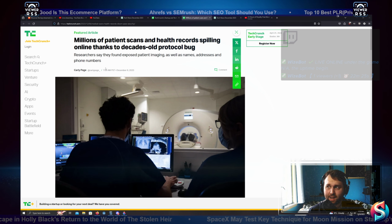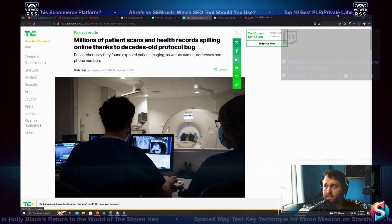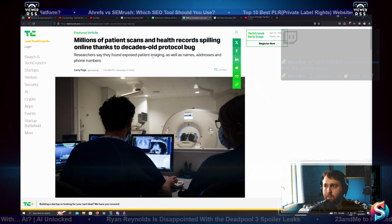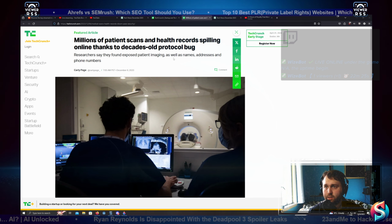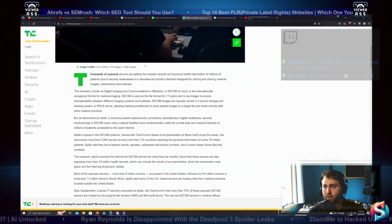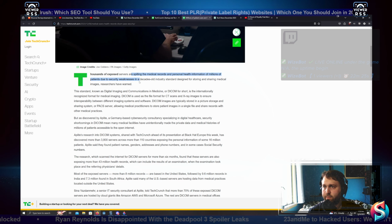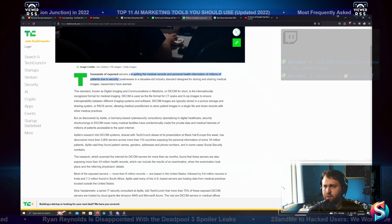Millions of patient scans and health records spilling online thanks to a decades-old protocol bug. Researchers say they found exposed patient imaging, as well as names, addresses, and phone numbers. Thousands of exposed servers are spilling medical records and personal health information of millions of patients due to security weaknesses